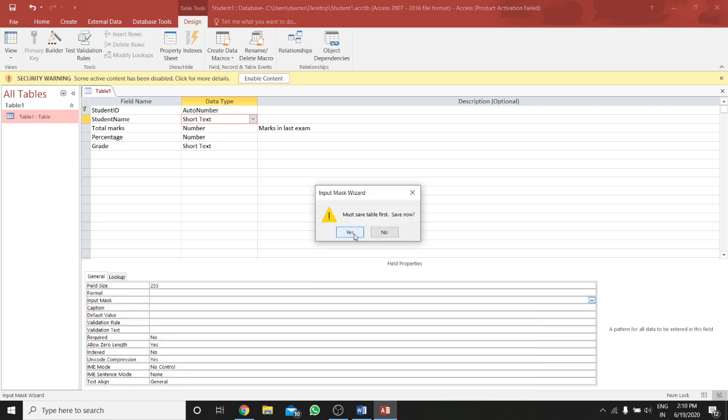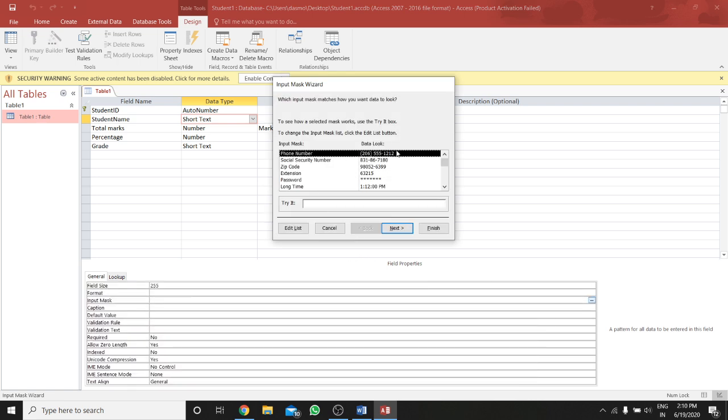Let me save it. You can see here, first I have clicked on the input mask property. Then what happened? The input mask wizard has come. Now you can select any of these types, and you can select any of these masks, and then when you click on next,